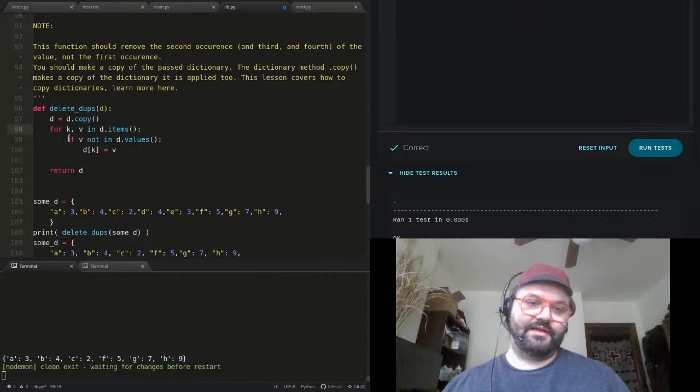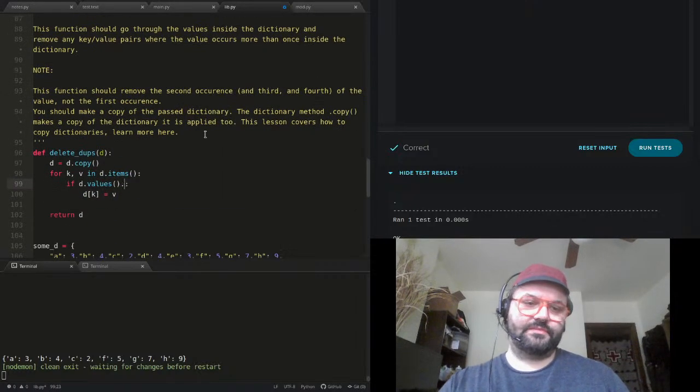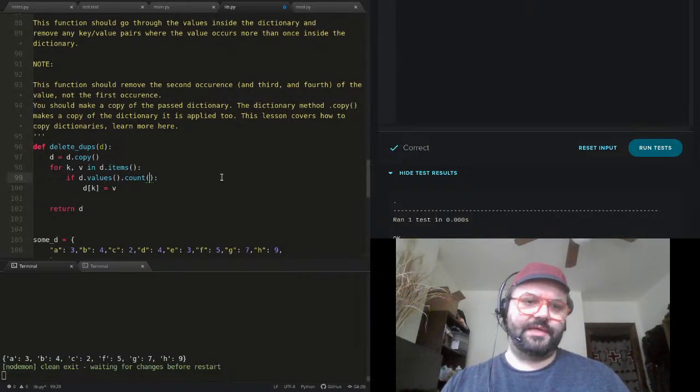And then in here, this is where I'll need to count in values. Oops. Dot count. And like I said, I don't think I can call dot count on dot values because it doesn't return a list. But I'm going to try it out anyways. So if this is